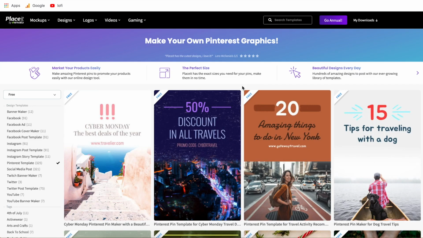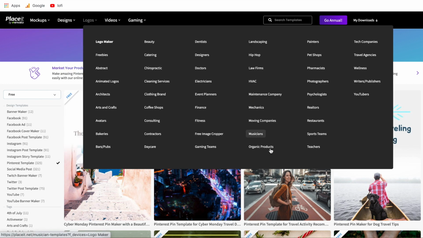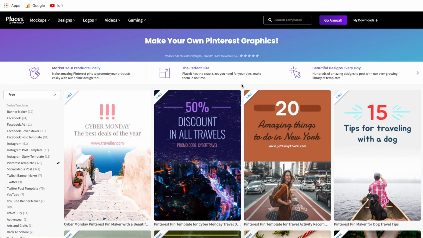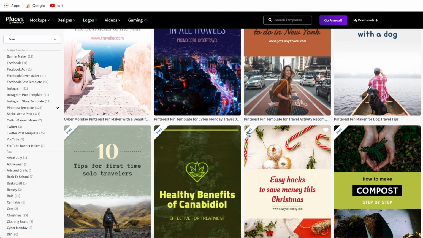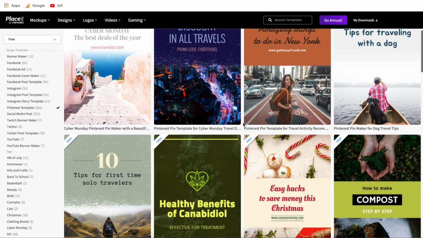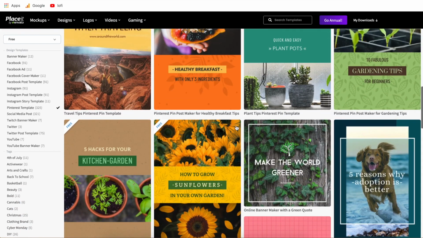Now in every different category on Placeit, whether that's creating mockups, design templates, logos, what have you, they are always going to have a couple free templates you can choose from. So if you don't have a paid subscription to Placeit, you can still use these free templates. Now as you can see when you scroll through here, any of the ones with a free label on it is going to be 100% free for you. Now specifically looking at these Pinterest pins, there are only 14 free templates and then it gets into the premium templates.